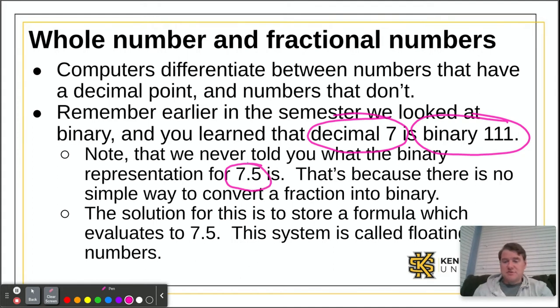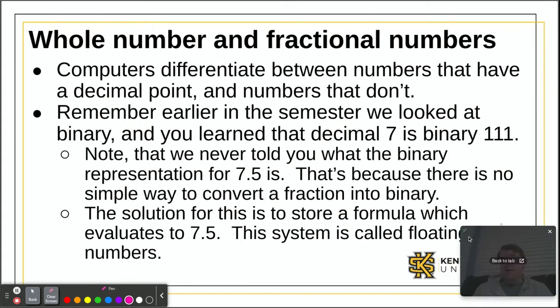Well, you can't. There's no way to represent 0.5. Binary, by its nature, is zeros and ones. There is no method to say half. So how do you encode 7.5 into binary? And the answer is, well, people didn't know how to do that for a very long time. And so eventually somebody came up with the idea of something called floating point. All right, so what floating point is, is the ability to convert a number that has a decimal point into binary in such a way that you can actually